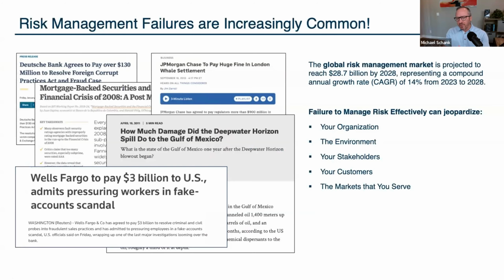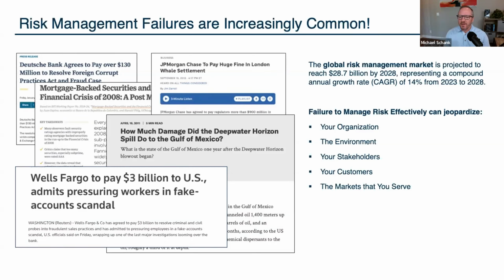So I just wanted to start off with this slide just to set the context. I mean, it only takes a quick scan of the headlines to understand just how important this topic is. So, you could see obviously some big examples. The 2008 financial crash, which really put the entire global economy at risk. There's a lot of organizations such as Enron and Arthur Andersen that just ceased to exist because of risk management